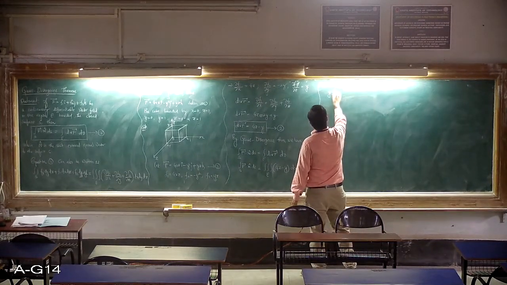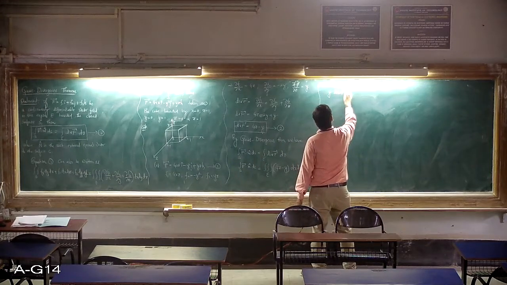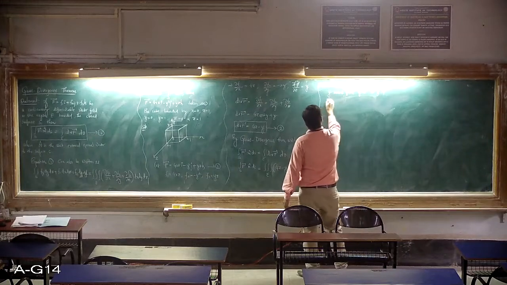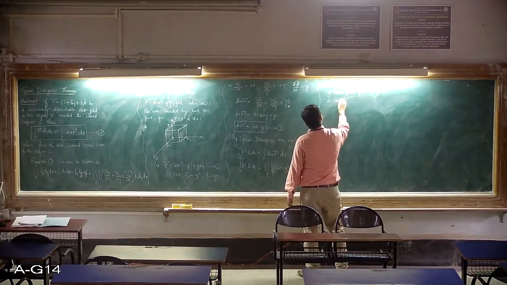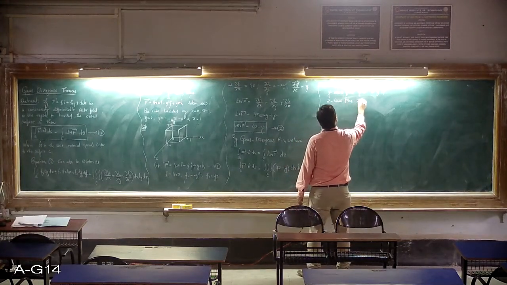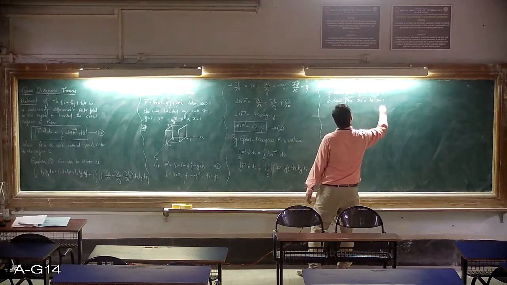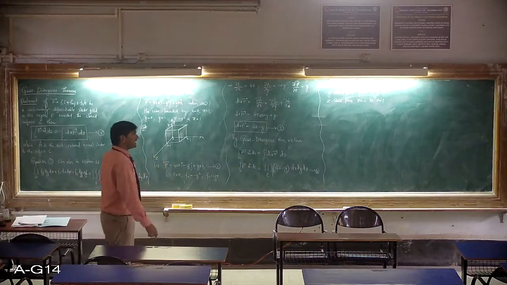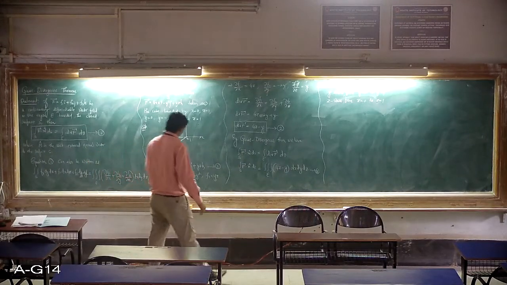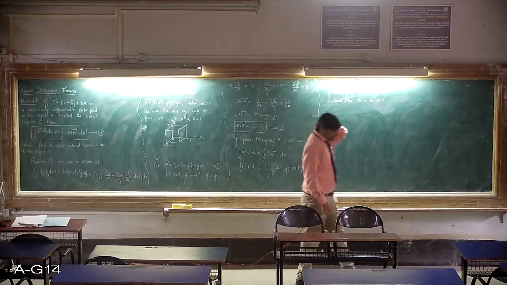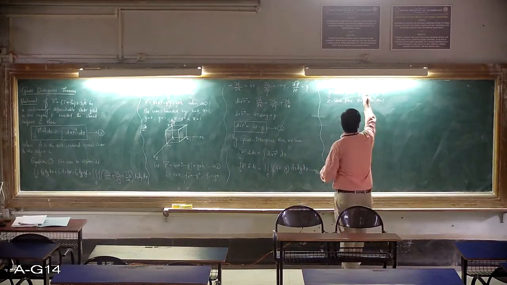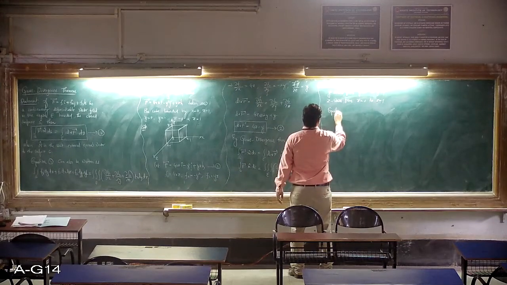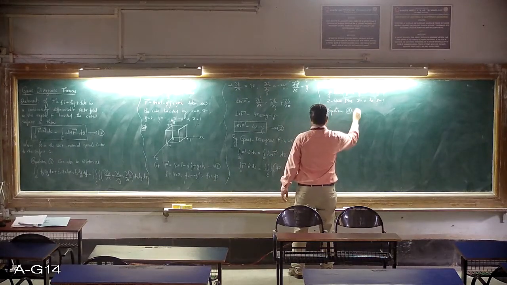Similarly, y also varies from y equals 0 to y equals 1, and z varies from z equals 0 to z equals 1, because it's a cube, right? Cube with each side 1. So in the direction of all the axes, it is 1 only. So x is 0 to 1, y is 0 to 1, and z is also 0 to 1. Therefore equation